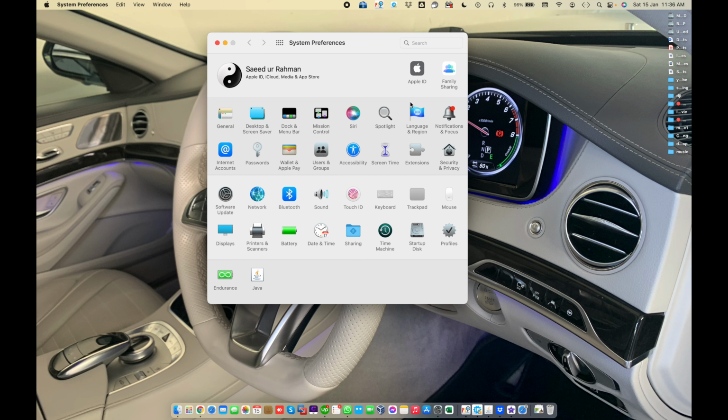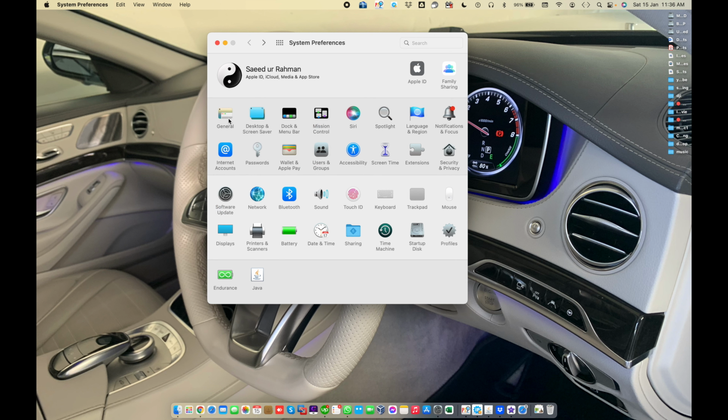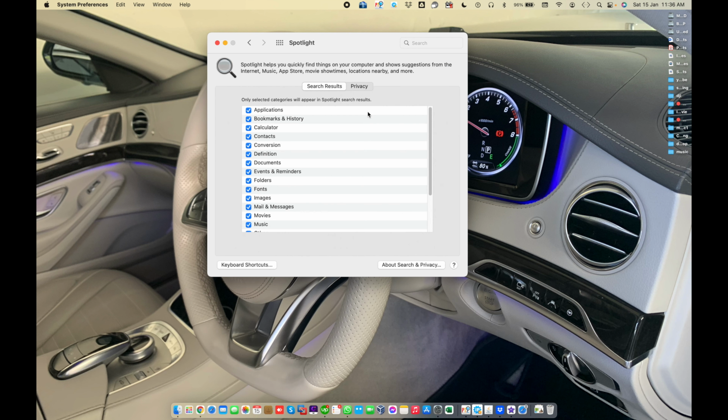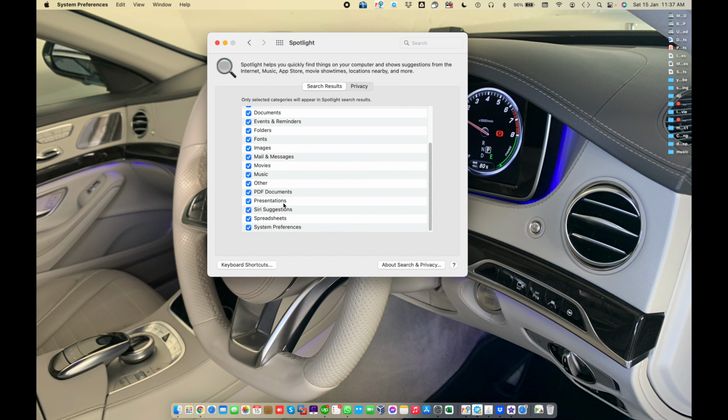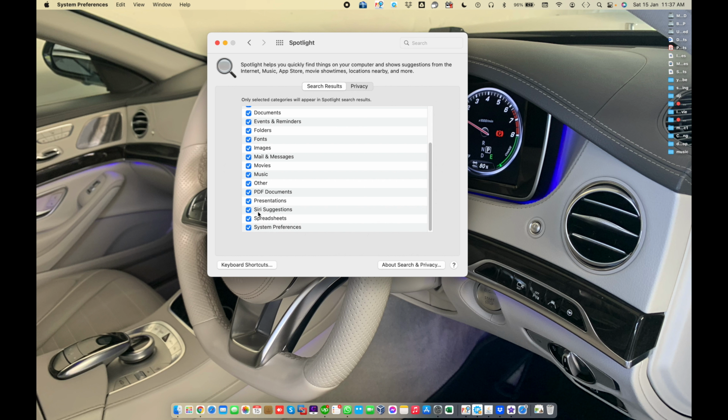In previous videos we learned about Apple ID, file sharing, general, desktop and screensaver, dock and menu bar, mission control, Siri, and today we learn about Spotlight. In this window, there is a list of categories that Spotlight includes or excludes when it searches. You can uncheck which category you don't want to use in Spotlight search, including Siri suggestions